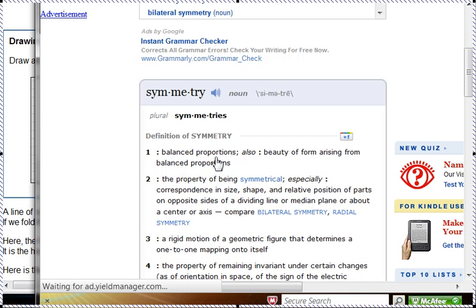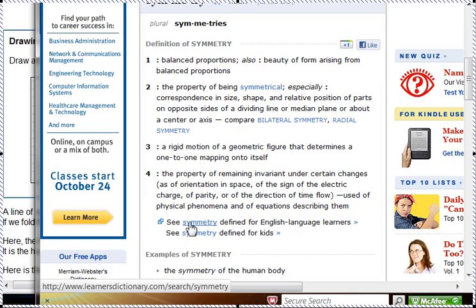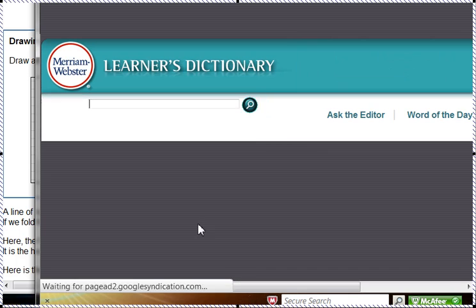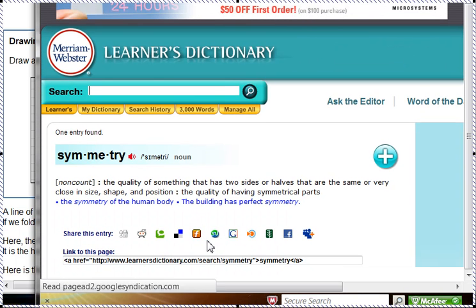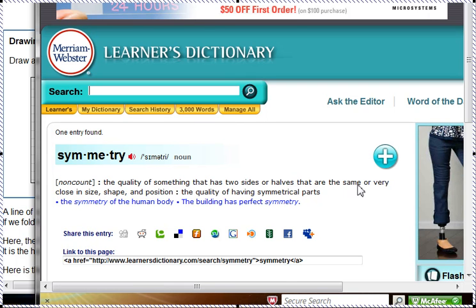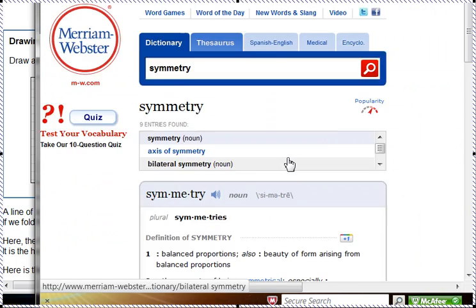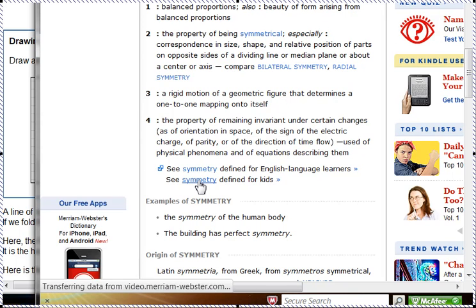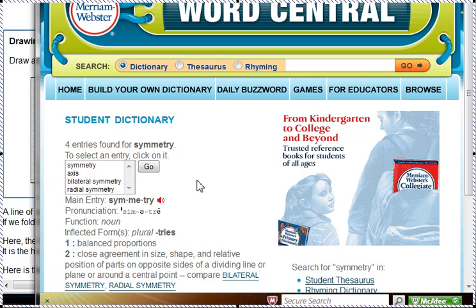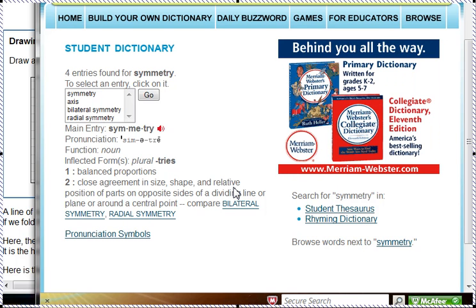A balanced proportion. Beauty of form arising from balanced proportions. Okay, that doesn't really help me make sense. Good. Let's do symmetry for kids. The quality of something that has two sides or halves that are the same or very close in size, shape, and proportion. Okay, so symmetry means having two sides that are the same. Okay, so for example,